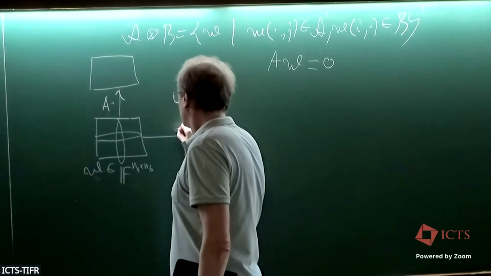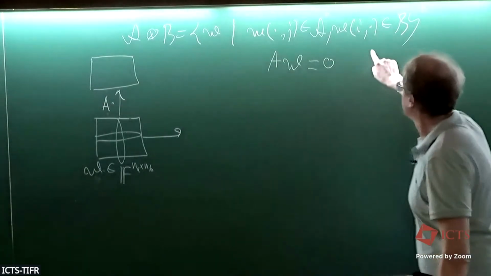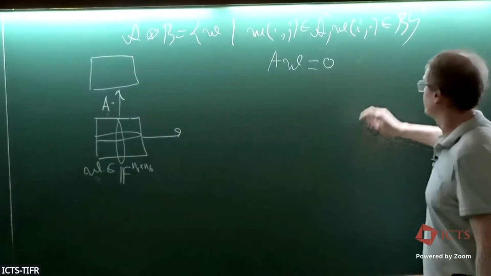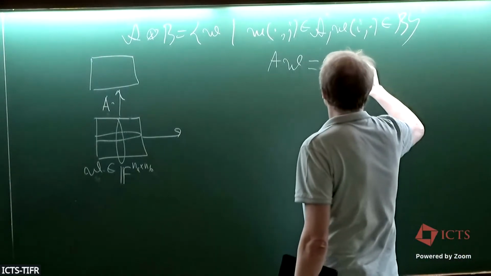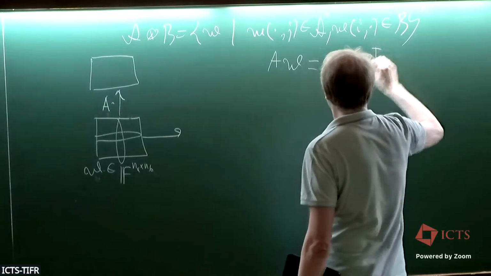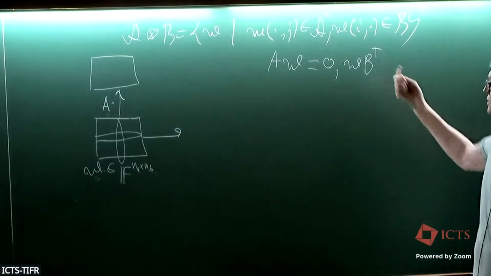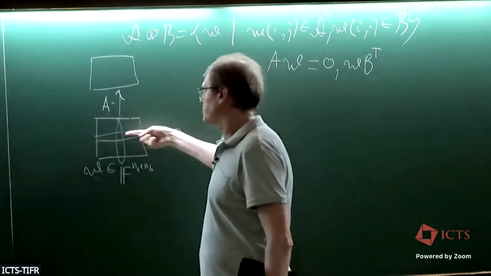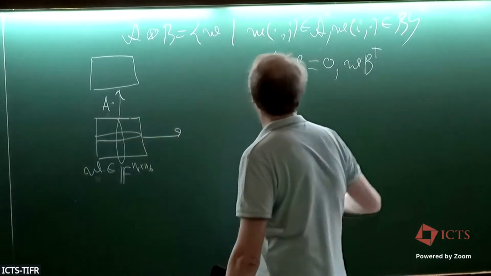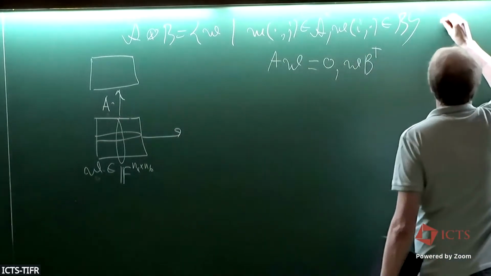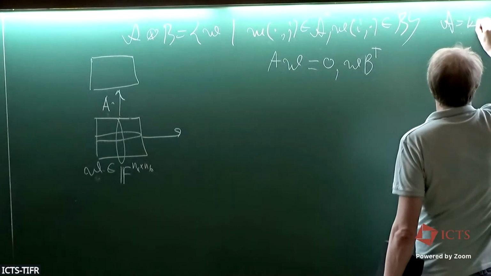Now we also need to check this other condition, and here we can multiply by B transpose, because we need to apply the operator. And here I forgot to say,